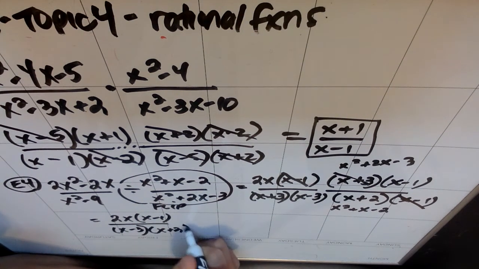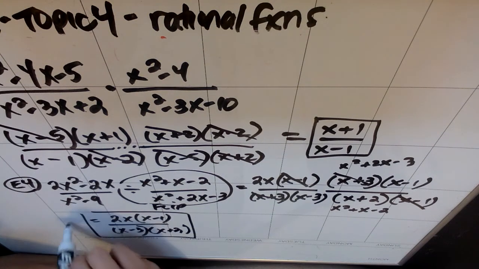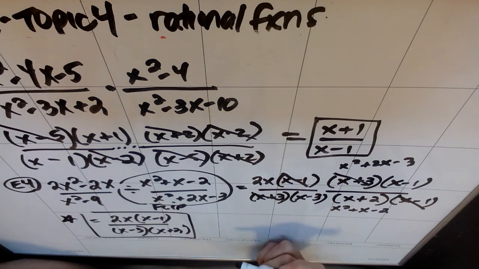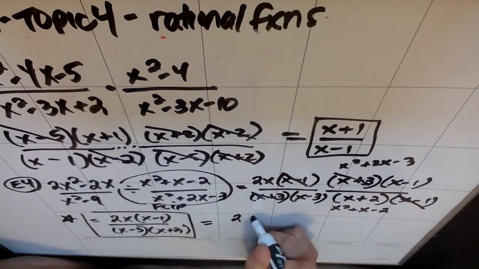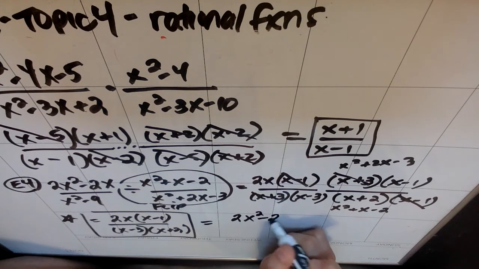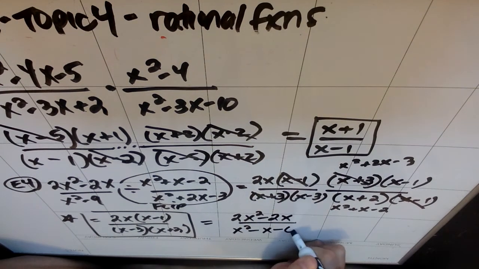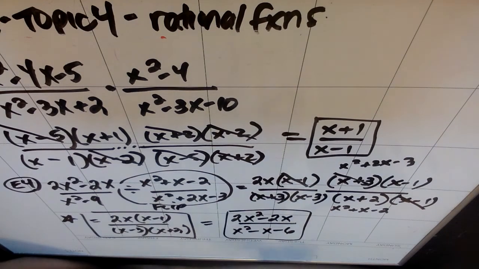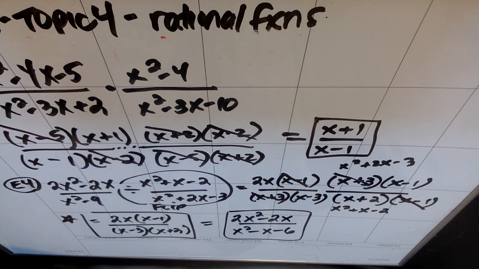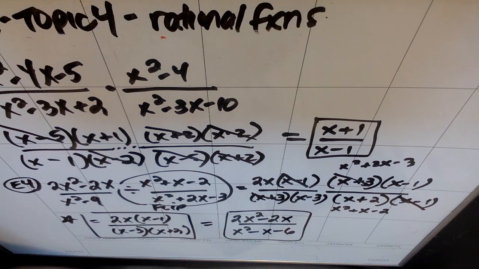Now, me personally, I think that this is the best answer because factored forms are usually easier. But if you want, you could distribute and make the top a 2x squared minus 2x, and the bottom would be an x squared minus x minus 6. Also totally okay. So again, notice each example just takes things a little bit step farther. Example 4 is basically example 3, but with one additional step that you have to flip the division. All right, let's talk about example